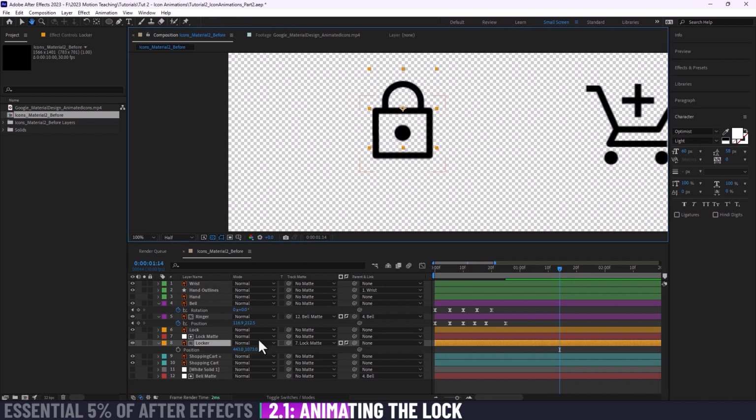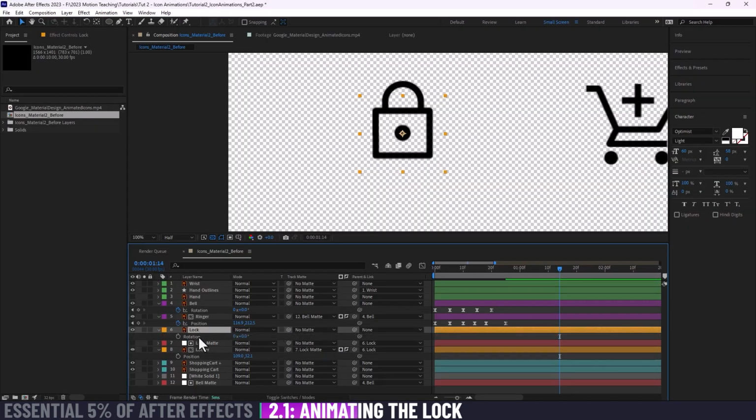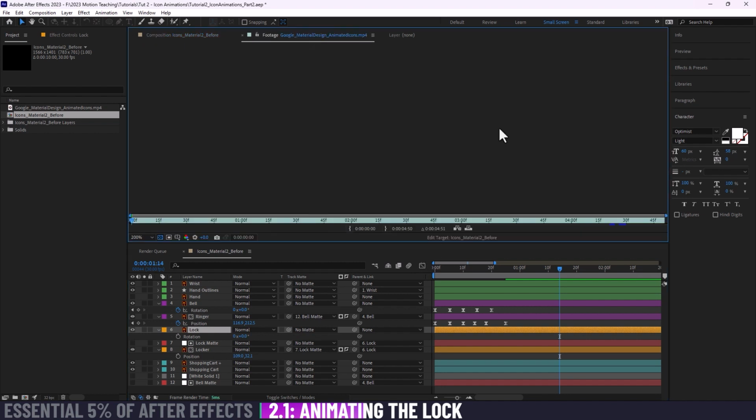Okay, great. Now I'm just going to make sure to parent the lock matte right here with the pick whip to the lock as well as the locker. So now if I select the lock and hit R for rotation, everything moves together. Okay, great. So if we go back to the video